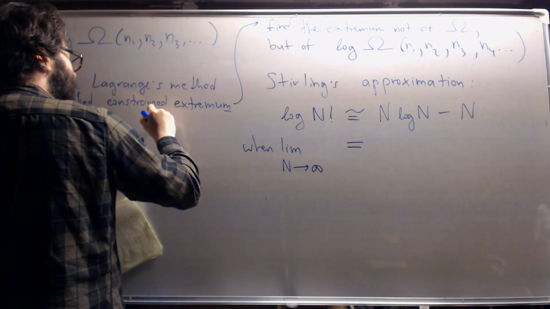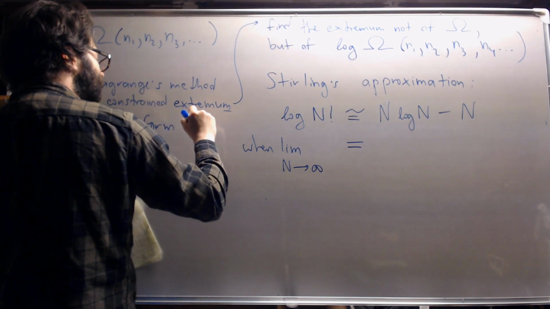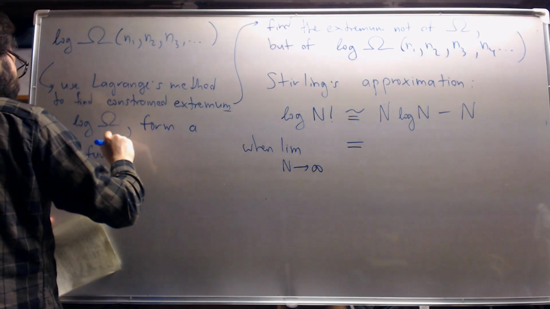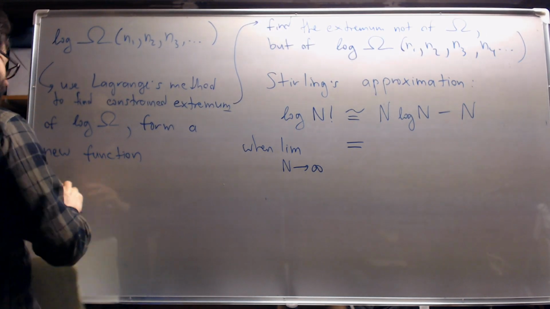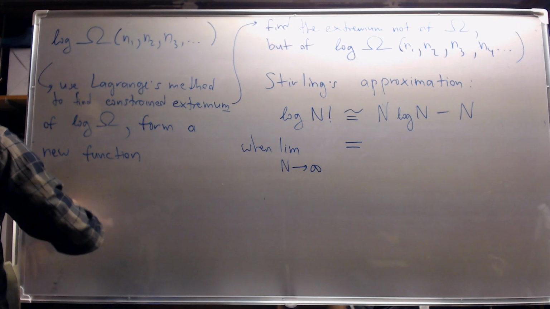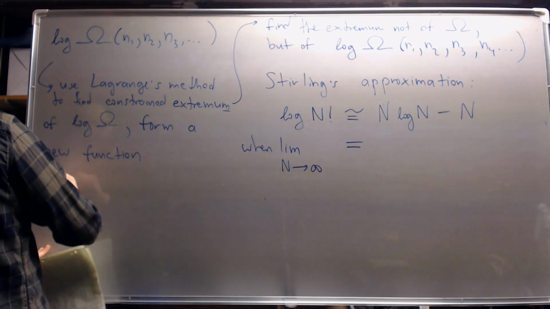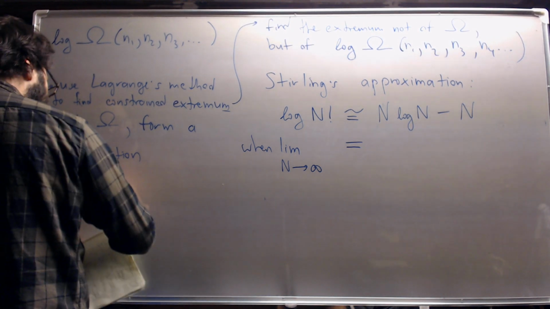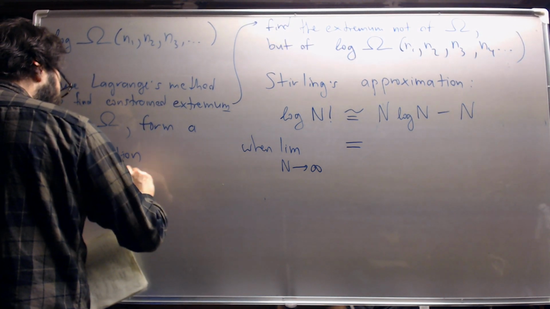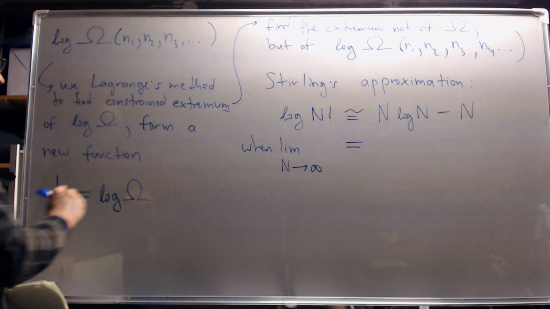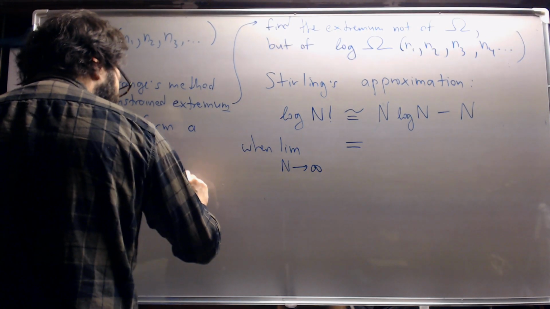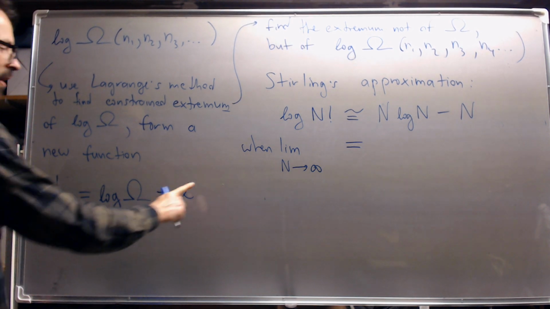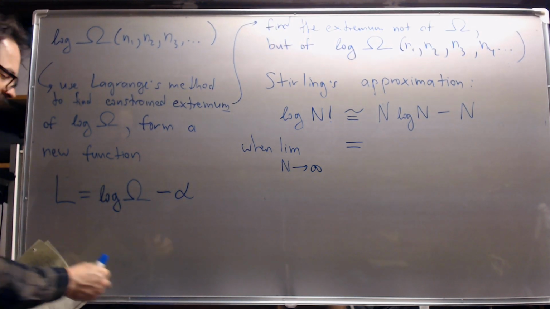To do this, form a new function. Let's call it big L, where this new function is going to be log omega minus the first Lagrange undetermined multiplier, a constant for us to determine,